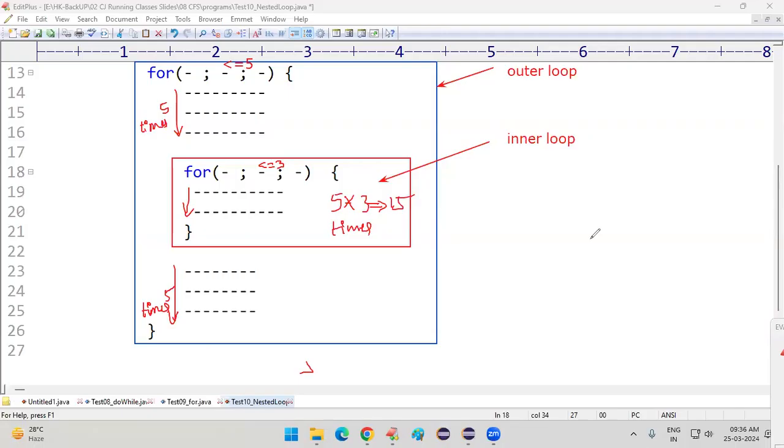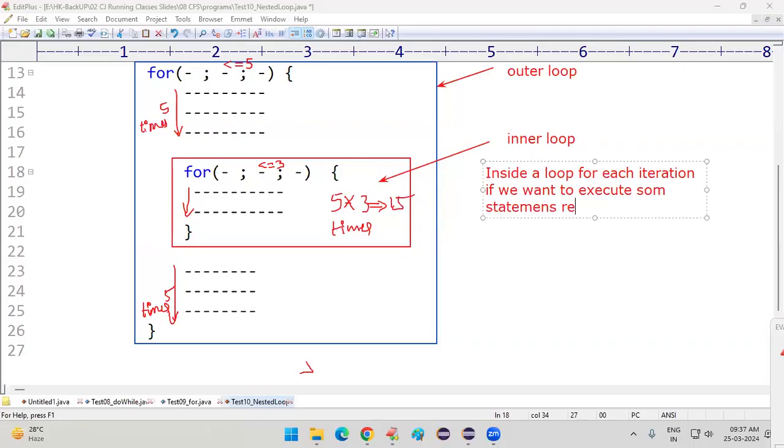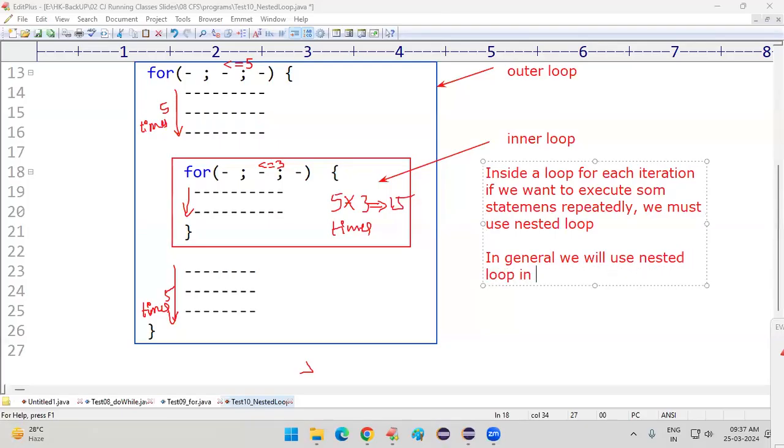Again repeating the statement: inside a loop, for each iteration, if you want to execute some statements repeatedly, we must use nested loop. In general, we will use nested loop